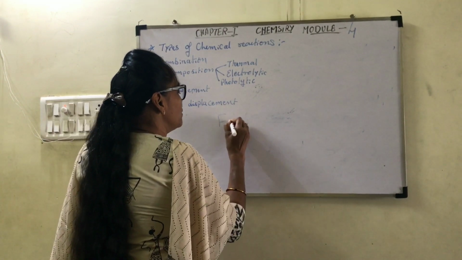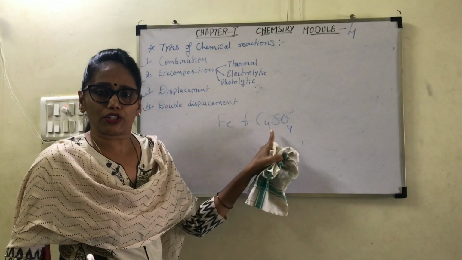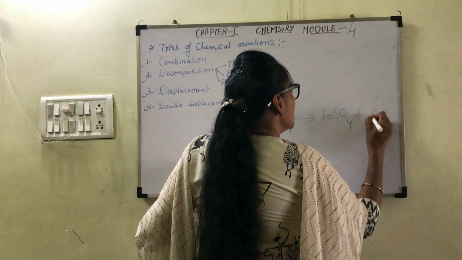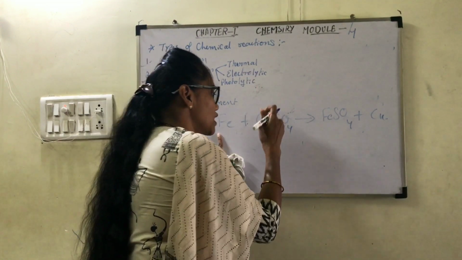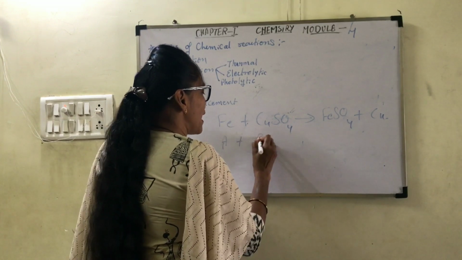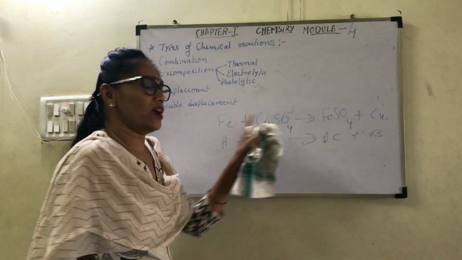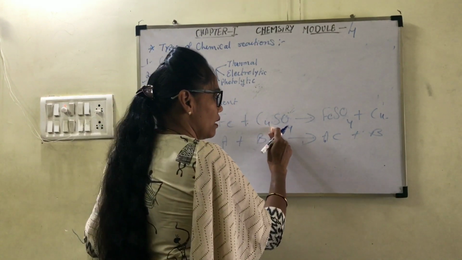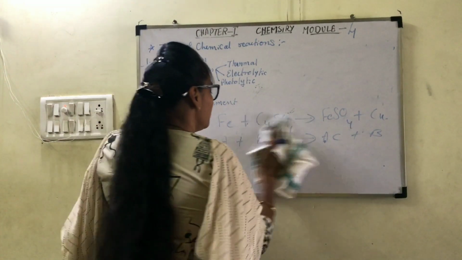Let's take an example of iron. Iron will react with a low reactive metallic solution. Here iron is more reactive than copper. So to give you FeSO4 plus Cu. And thus in this displacement reaction, the highly reactive metal displaces the low reactive metallic solution. So here I can say A will react with BC to give AC plus B as a schematic. Now here the color combination is very important. This is grey in color and copper sulfate is blue in color. After displacement, this is pale green and reddish brown. Clear, children?